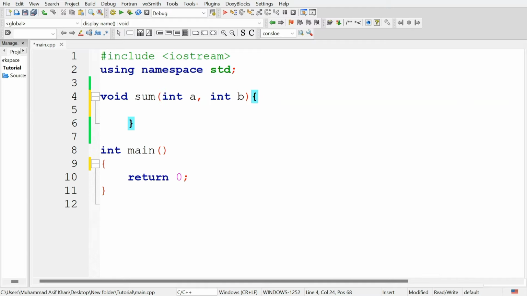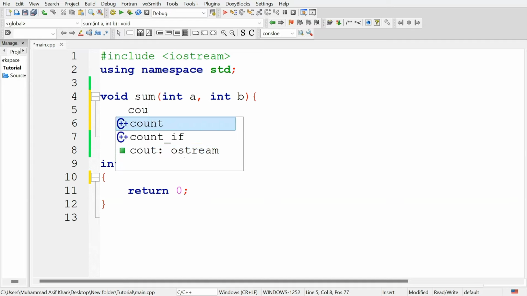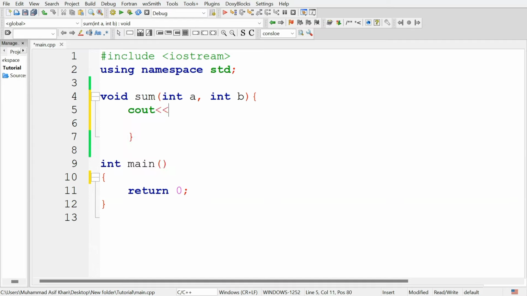This function will take two values as arguments and will display the sum of those values. So cout sum of numbers is a plus b.